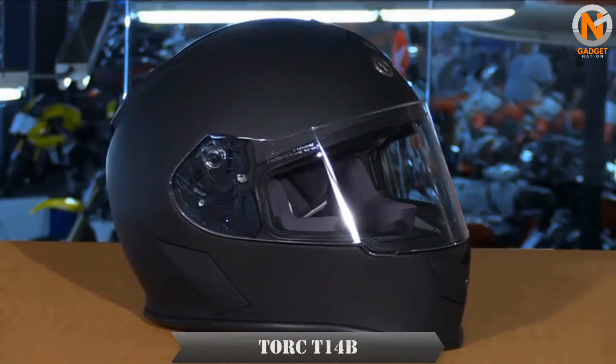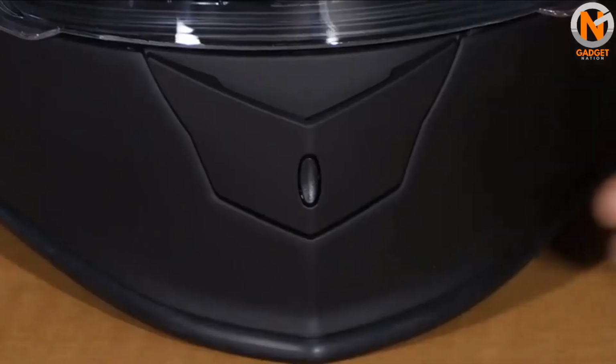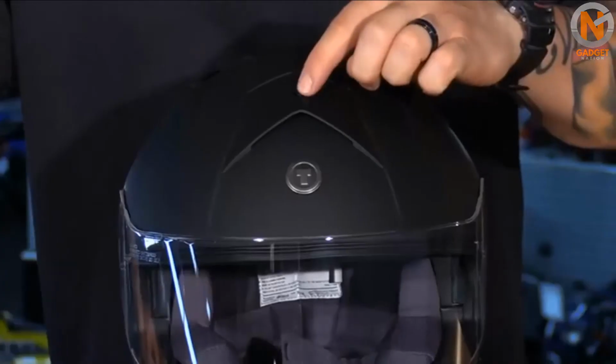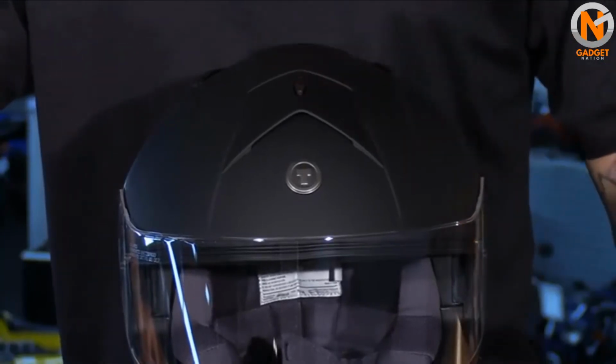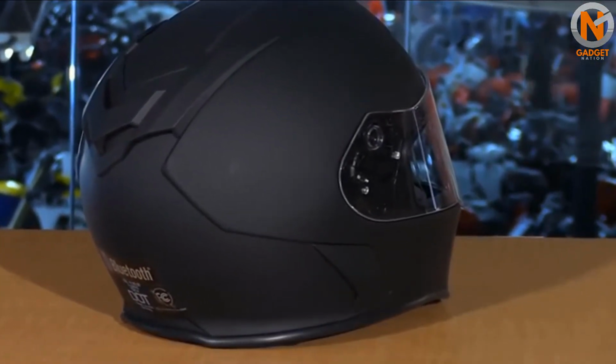It is an ABS shell that is lightweight, durable, and DOT and ECE rated for safety. The overall appearance of the helmet looks very aggressive, has really clean lines, and I like the ventilation system. You have a defroster in the front that's fully adjustable, and an intake scoop at the top of the crown that's adjustable as well. You have two positions, open and closed, and then you have a series of extractor vents, including some vents on the side to give you that nice flow-through effect and get some fresh air pumping